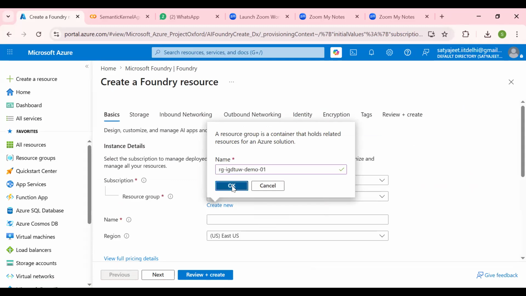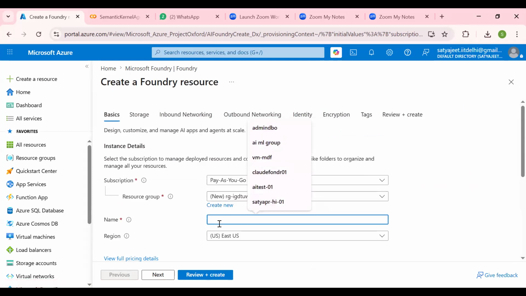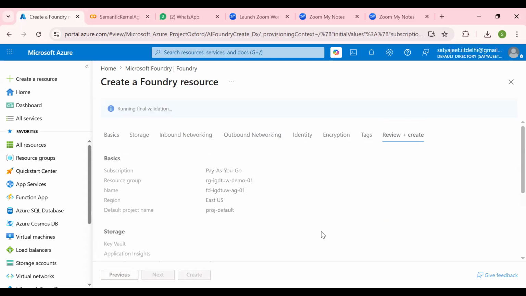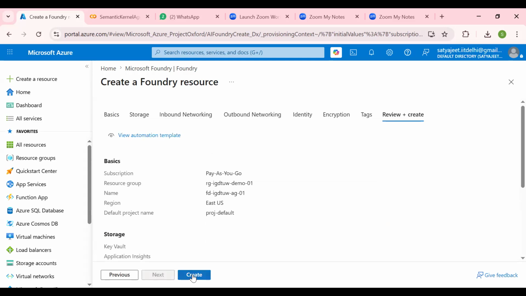This is the resource that I have created, and I'm saying Foundry, East US, and just hit review and create. Once you hit review and create, it may take 30-40 seconds first, and then just hit create.